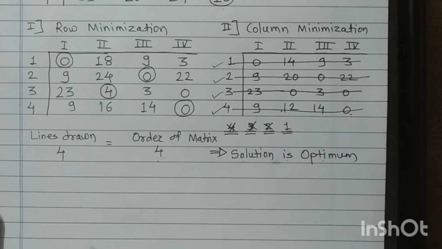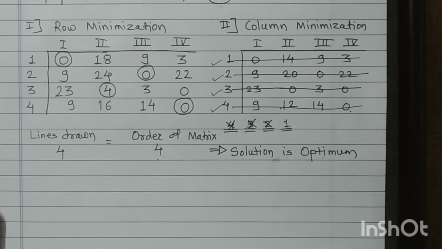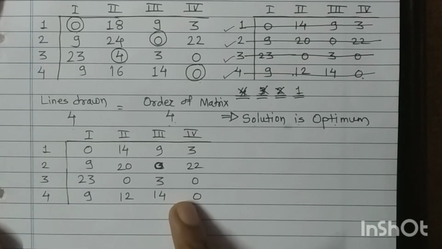So you can rewrite this matrix and you can capture zeros now. So I am rewriting this matrix. Now I will capture zeros. I have to search for a lone zero. That zero should be alone in a row or in a column. You can check my previous first 2-3 videos, so you can easily understand how the zeros are captured and how these lines are drawn. Okay, so I will search for a lone zero.